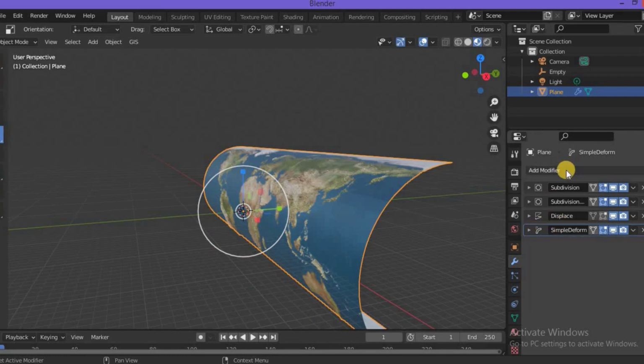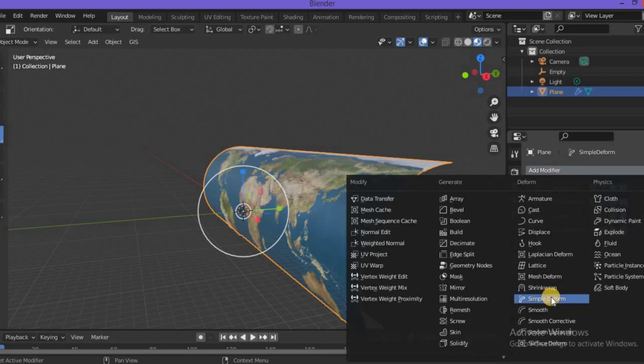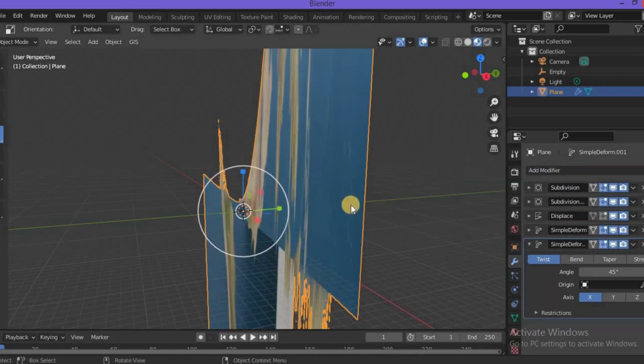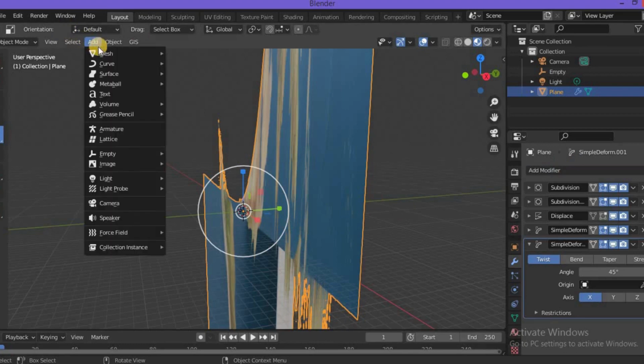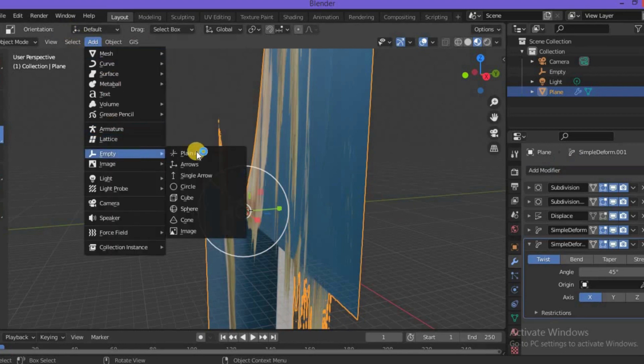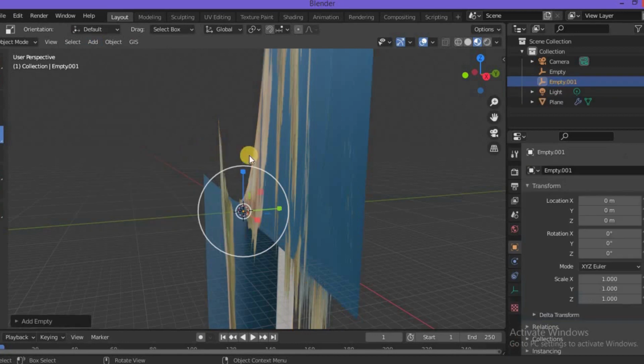Let's add one more modifier by the name of simple deform again. Again, it has twisted, so I'll just add one more empty axis. So you can see empty 0.001.